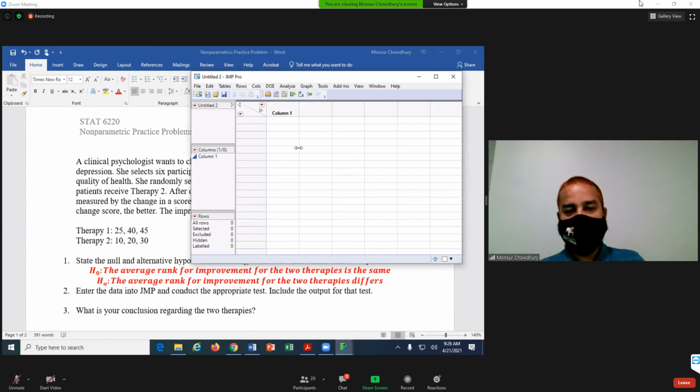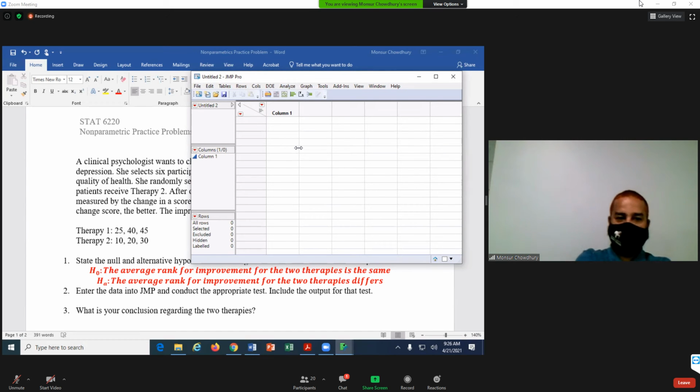So what will be our column name? Therapy 1. So you are saying the therapy 1 and the therapy 2? Then how can we do the data analysis? We need to set up a difference column. No, because we are not doing the paired t-test, sorry, paired sample. This is an independent sample. So we have two variables here. You understand how to write the data.